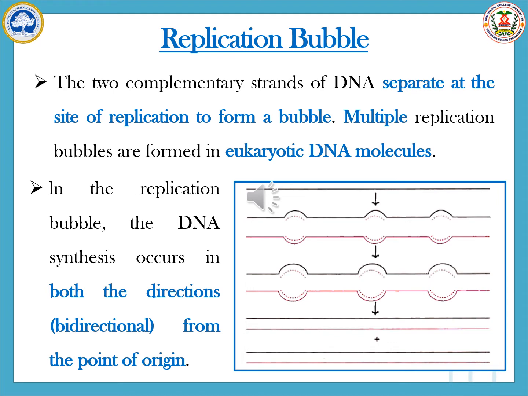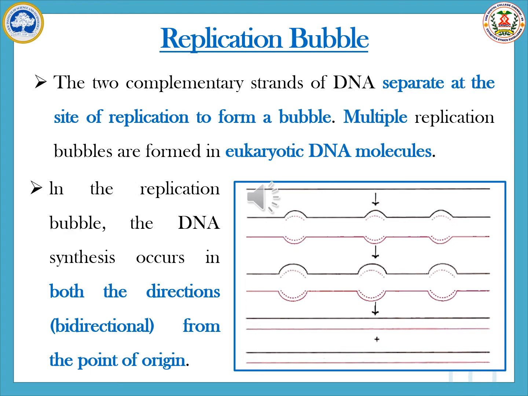And see, the replication bubble, I already told you, is formed at the site of the replication by unwinding the two strands of the DNA. So the two DNA strands unwind at the site of replication to form a bubble. In prokaryotes there is a single origin; the eukaryotes have multiple origins of replication, so multiple replication bubbles will be formed in the eukaryotes. In the replication bubble, the DNA synthesis occurs in both directions, so it is called bidirectional, and at